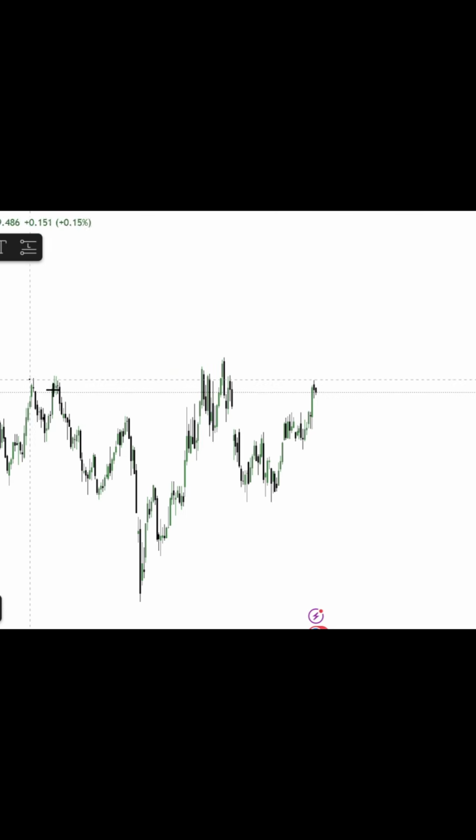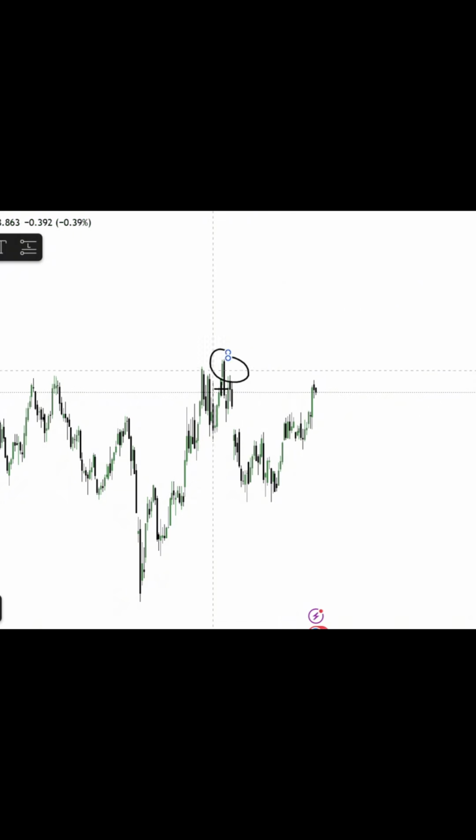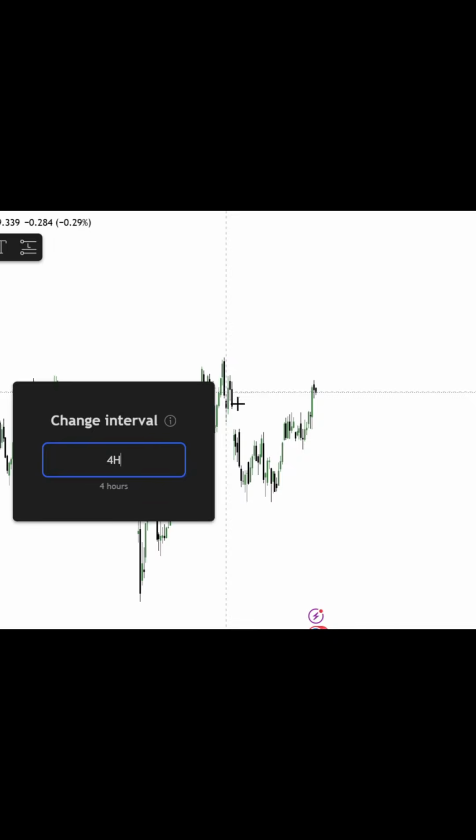Starting off with DXY on the daily time frame, we can see our break of structure towards the upside, and this is our current swing range. We were initially anticipating this low to get taken, however, we are starting to see a lower time frame trend with multiple breaks of structure towards the upside, which suggests to me we could be ready to target the daily swing high. If we move down onto the 4-hour time frame,